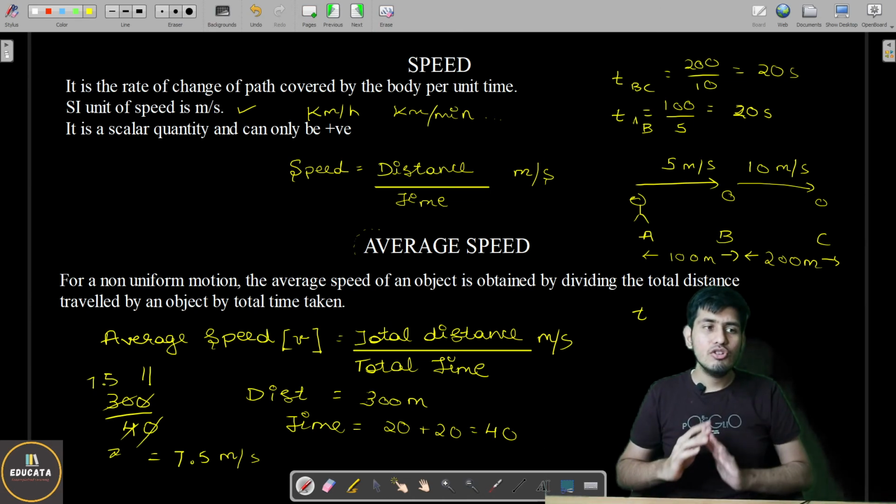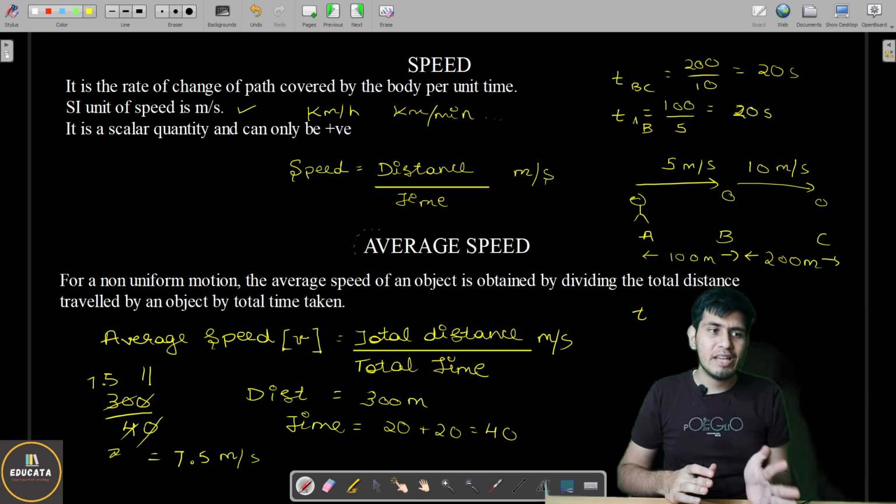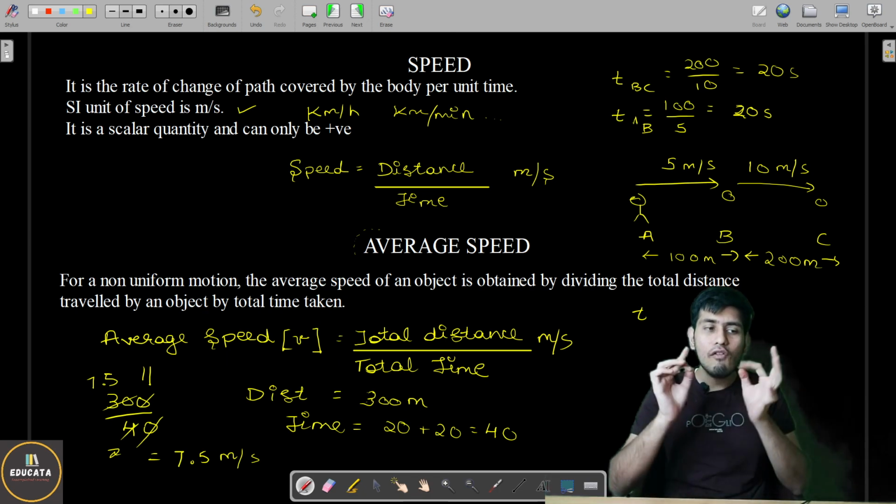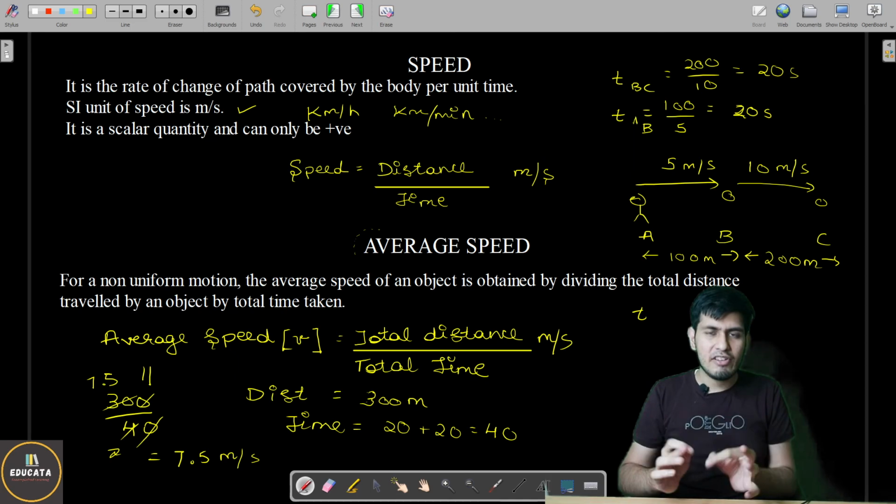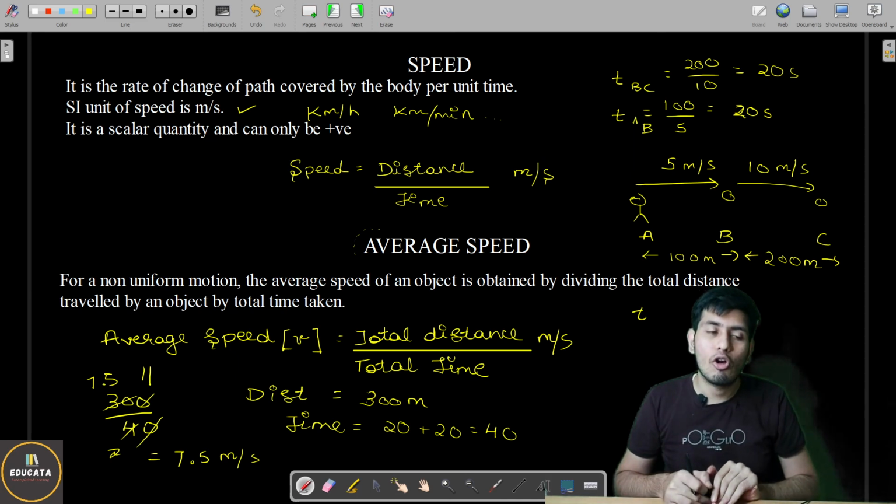Okay, I think you got what we mean by speed, and I just gave you a glimpse of what average speed is. Also, we talked about velocity. Now